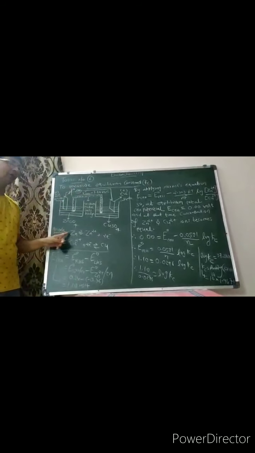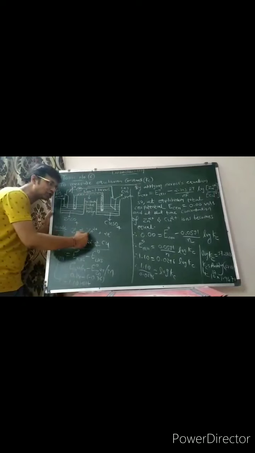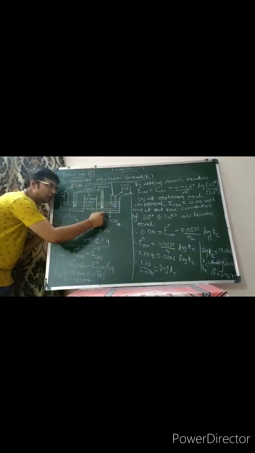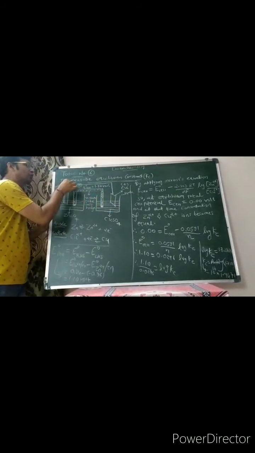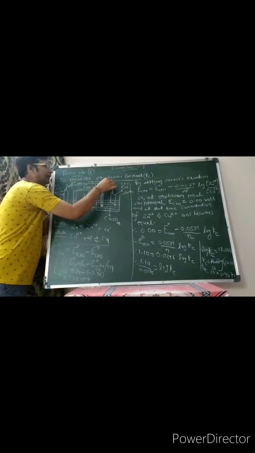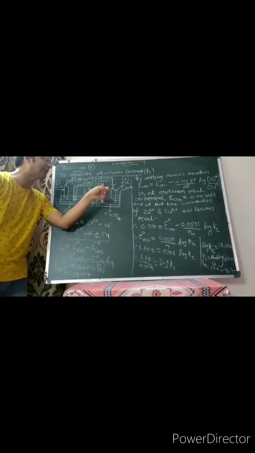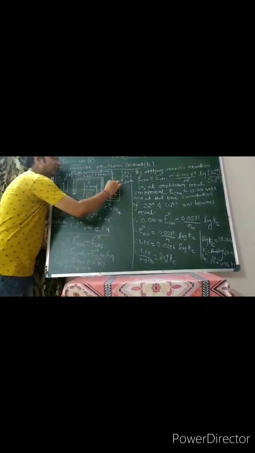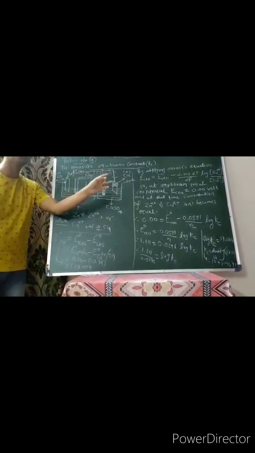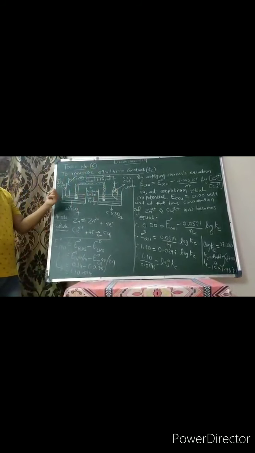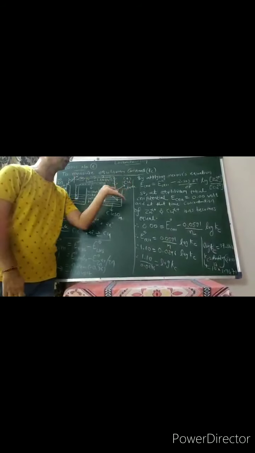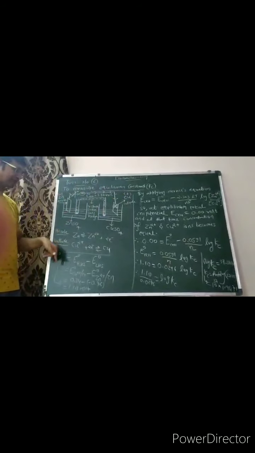at that time, on the anode, oxidation occurs: zinc is converted into Zn2+ ion by releasing 2 electrons. On the cathode, reduction occurs in the solution. The electrons move from anode to cathode in the external circuit, and the Cu2+ ion combines with 2 electrons from the solution and is converted into copper. So copper is deposited on the cathode and zinc is depleted on the anode. So on the anode the weight of zinc decreases, and on the cathode the weight of copper increases, due to this reason.